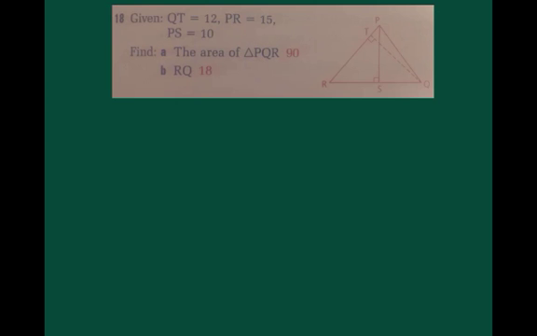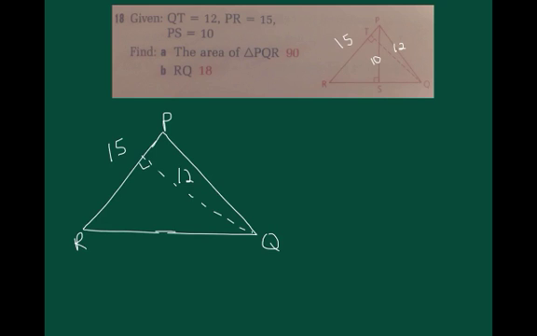They give us this triangle, PQR, and they tell us that QT, the altitude drawn from Q, is 12, PR is 15, so that's the side that QT is drawn to, and PS, the other altitude, is 10. And they would like us to find the area of the triangle and the side RQ. If I redraw the triangle, I can see that